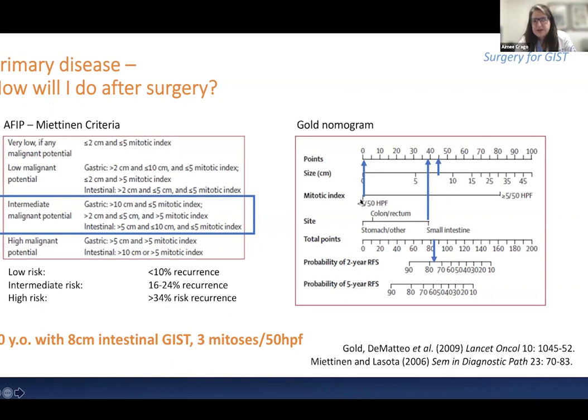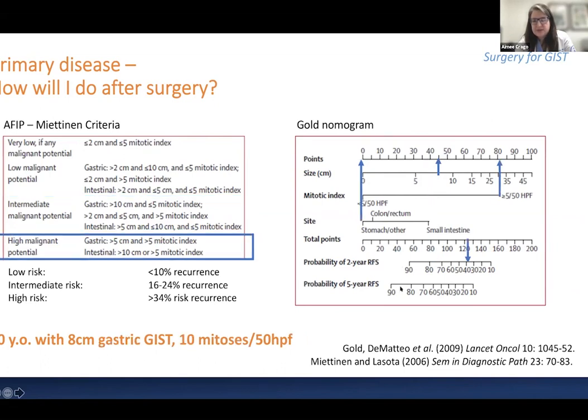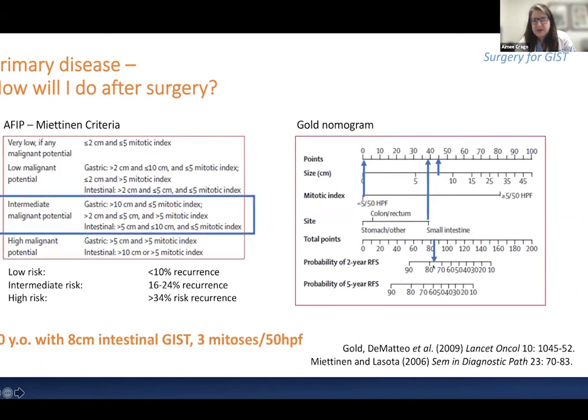Here, if you look at this at the Gdol nomogram, this is a low mitotic index. It's a small intestine tumor, so you're getting about 40 points. Again, 45 points for size. And so you can see, instead of having a risk of just about 15% like the stomach tumor had, this tumor has a risk of about 15% recurrence after 2 years, and more like 30 to 40% after 5 years. So again, the nomogram estimates the risk a little bit higher than the Matinin criteria, but in that same sort